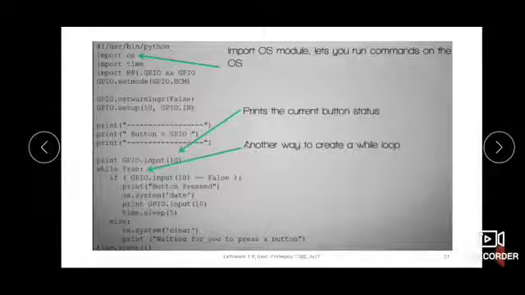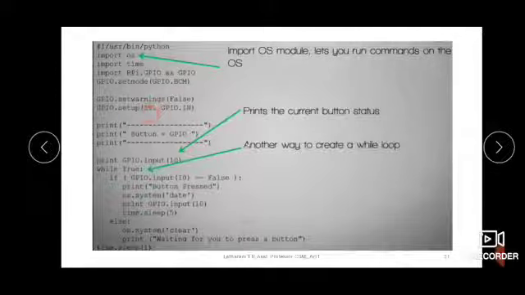Then import time for delay, then GPIO, then BCM, which we have seen earlier, so I am not repeating it here. Then set warnings to false, and now here you can see the setup for pin number 10 is done and it is taken as an input pin. It is set as an input pin, right?